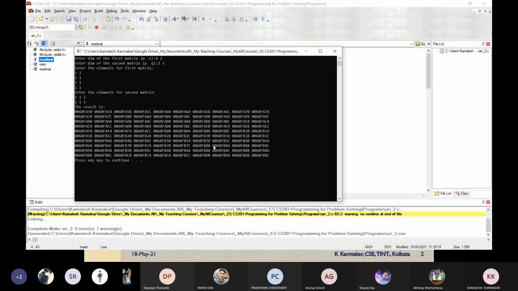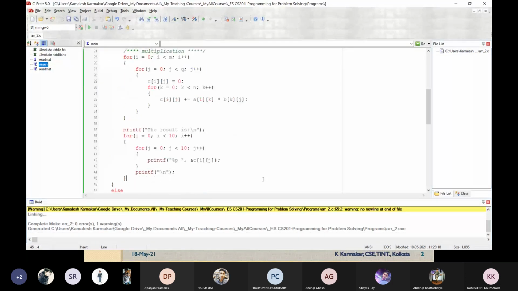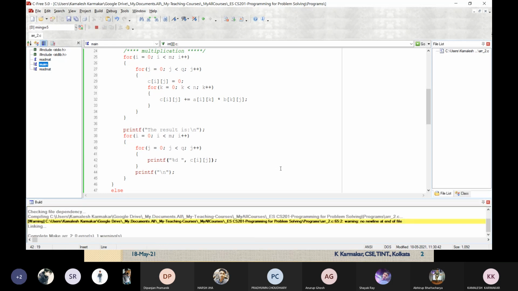Sorry, I should change that value. I have not changed it. And I want to print the value of the matrix. So percent d, ij, not ampersand. Okay. I have to write it again.